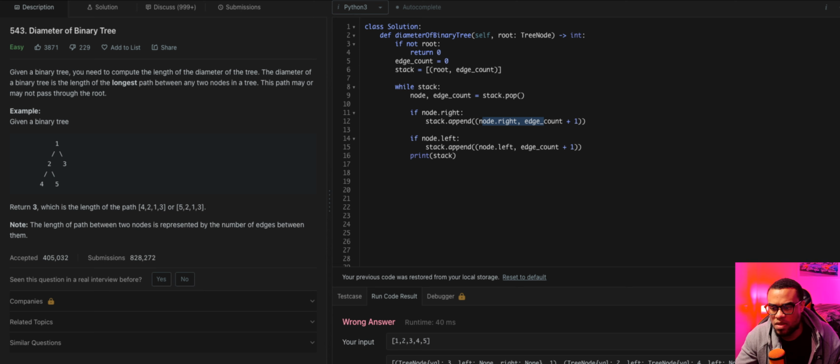So you're telling me at this point we have to return plus 1. No. Edge count equals, where edge count is 0. Edge count is 0 initially, right? So we have 0. Edge count is 0, and the node is 1. If it has a valid right, add the edge count. If it has a valid left, add the edge count, right? So over here, the first,